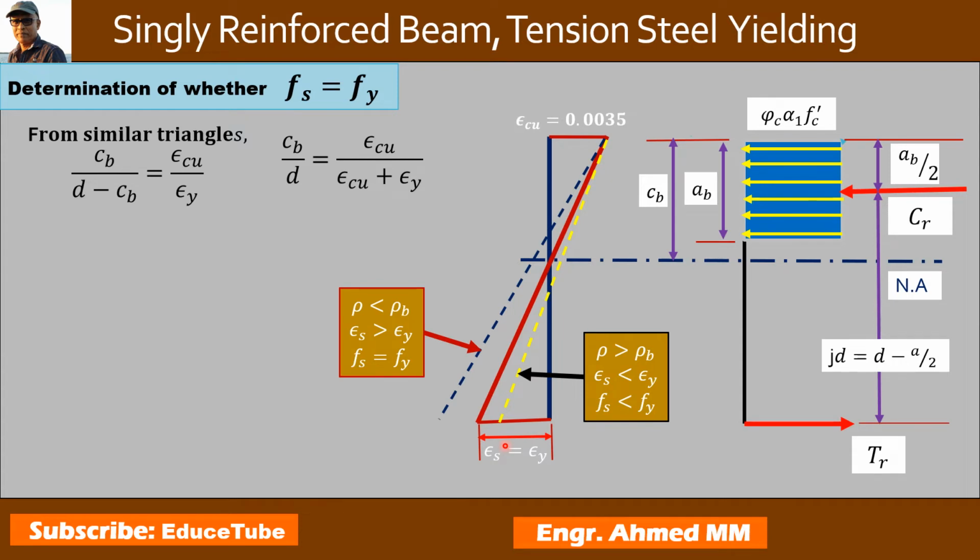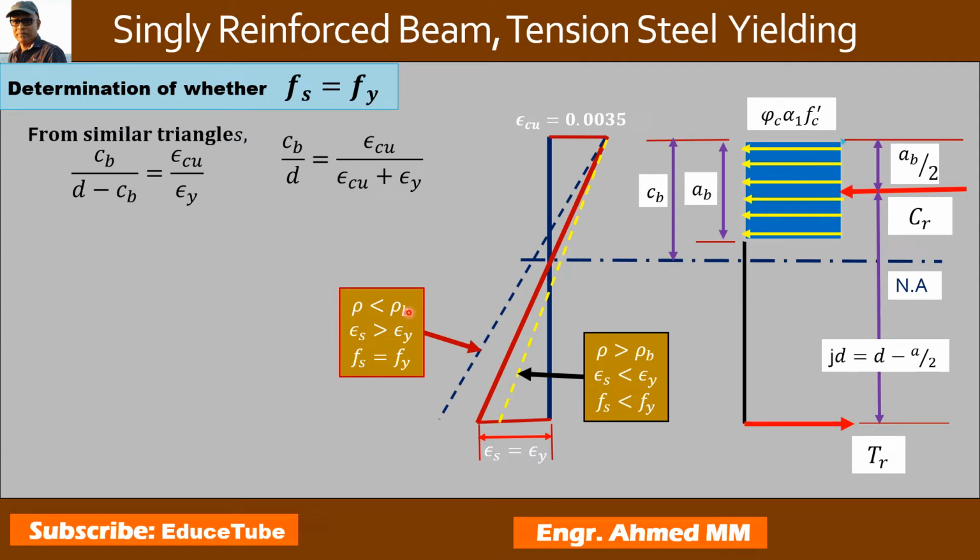Consequently, the stress in the steel, this Fs, is equal to the yield stress, that is Fy. So Fs equals Fy. Now we see that for this case, I put here a dotted line. This is the balanced failure one. So this one here indicates